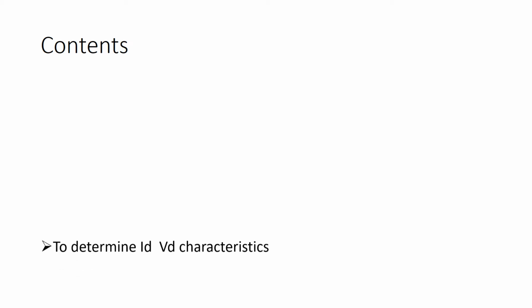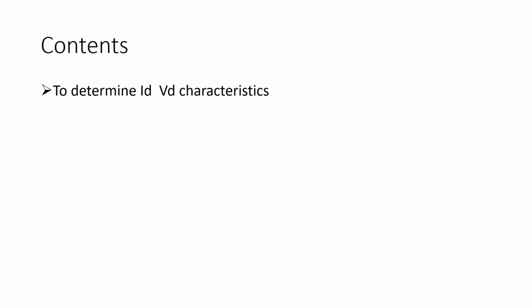It contains, we will determine the characteristics, output characteristics. Not only determine, we'll be plotting them by knowing some values of the output voltage VD and ID. Then various configurations of JFET. These are namely